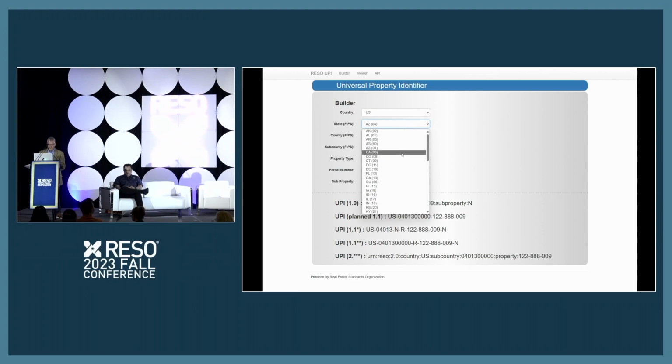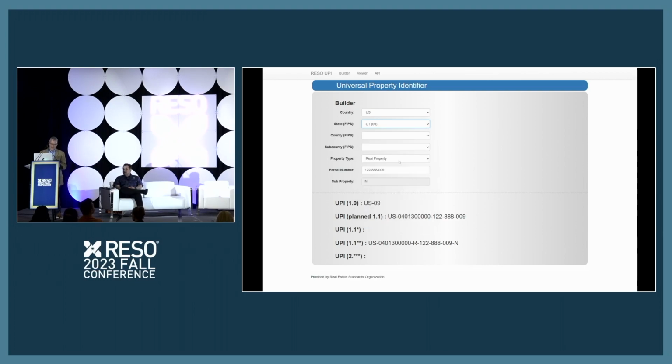So like Mark said, I'm just going to give you a different example to make a couple different points. As he mentioned, in Maricopa County, which is essentially Phoenix, if you don't know that area, one of the counties in Arizona, they don't do sub-counties there. Connecticut is always a good sample state for problem data. And so Fairfield County, and if you've never seen this UPI builder, it's very nice because when Mark built it, on the back end, he's already pre-populated all the states, counties, and sub-counties.